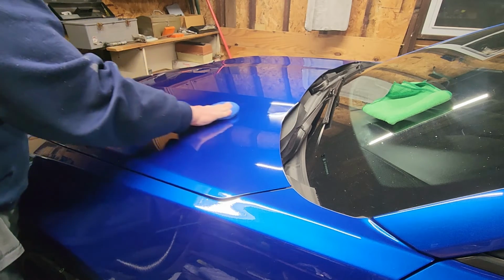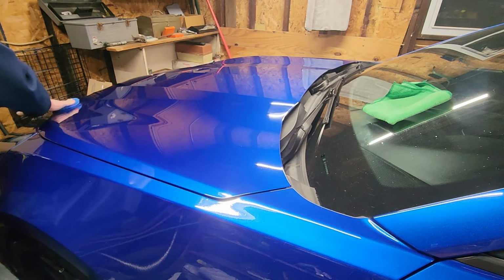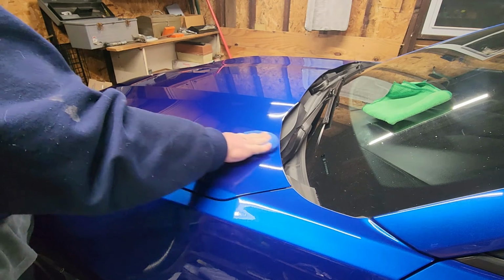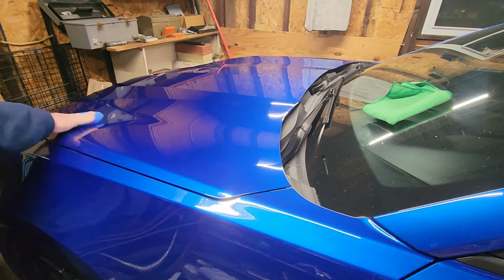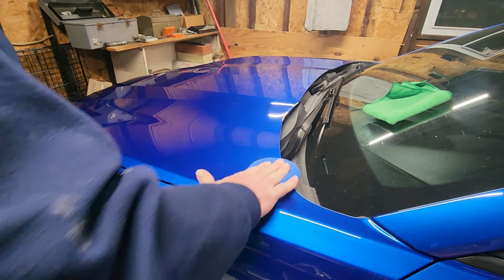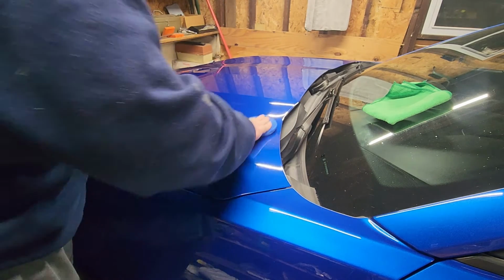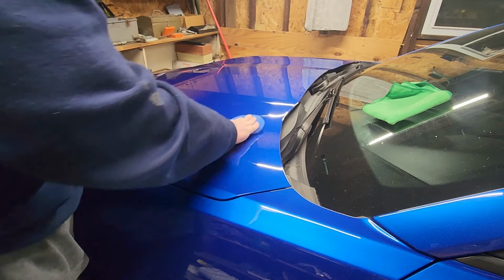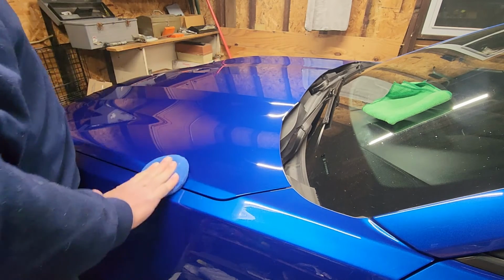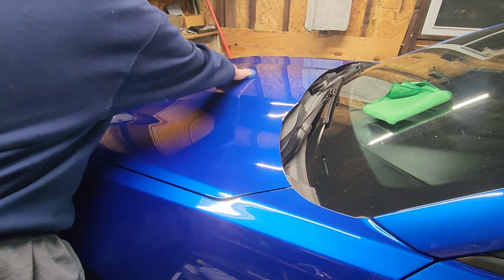I can definitely tell you that this time around, since there's already one layer of this coating on here, application is even easier than before because it's just gliding across the surface. It was a touch grabby yesterday for the initial coat, and I'm only going off label against instructions on one thing. NXTZEN says that you can use any polish that you want for paint correction or enhancement before using the coating, but they were